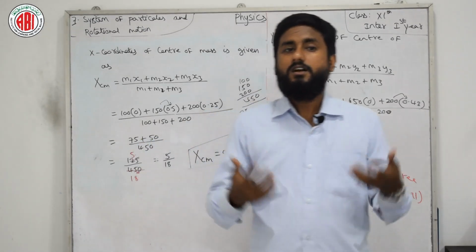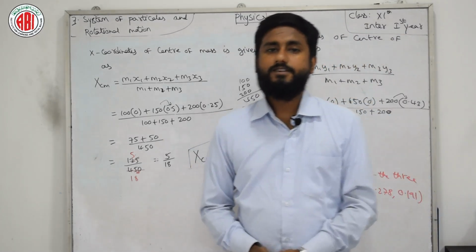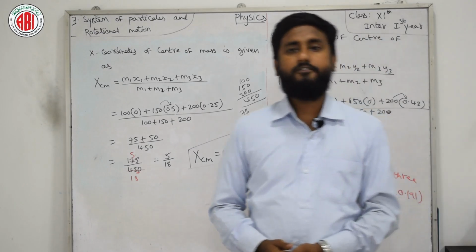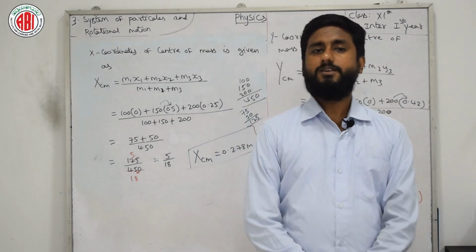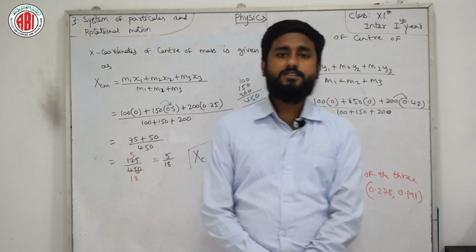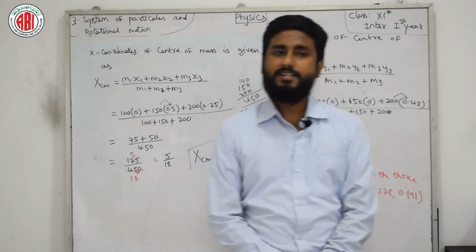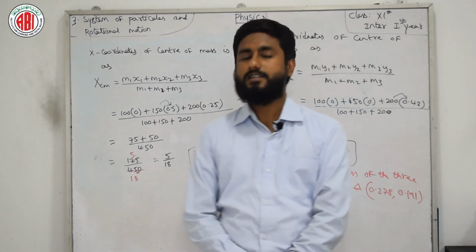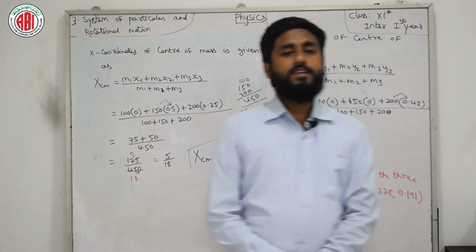Why? Because when a raw egg is rotated on a table top, the liquid in the raw egg moves away from the axis of rotation due to the centrifugal force, because of which the moment of inertia increases. In the same case, when the same torque is applied on both the eggs, the boiled egg spins more and the raw egg comes to rest very quickly due to the greater moment of inertia.